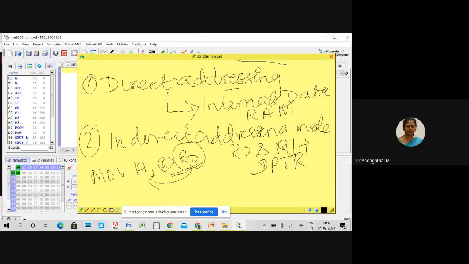So there are two methods to initialize the input. One is direct addressing mode instruction, used to access data elements from internal data RAM. Another is the indirect addressing mode using two 8-bit pointers and one 16-bit pointer, for accessing your external data memory. First we will see this indirect addressing mode.